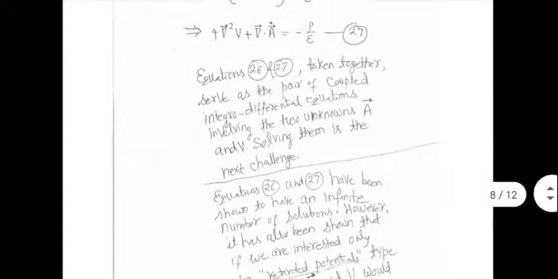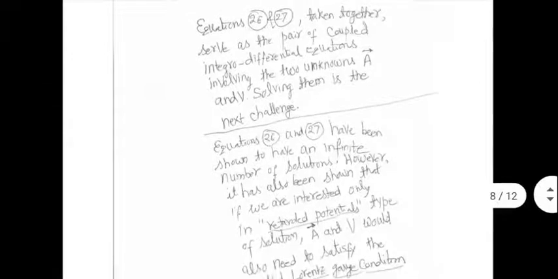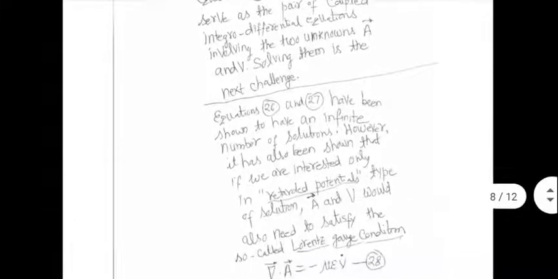Actually, when I was taught all this long time ago in IIT Kanpur, I had a fight with my professor as well. I said, how can you become so arbitrary after this? He said, it's not arbitrary. They have shown it that if you want retarded potential type of solutions, A and V are not independent. They are related to each other. It has been shown based on continuity equation, etc. So we will take advantage of what has been done by others. As engineers, our job is to move forward without losing accuracy, of course.